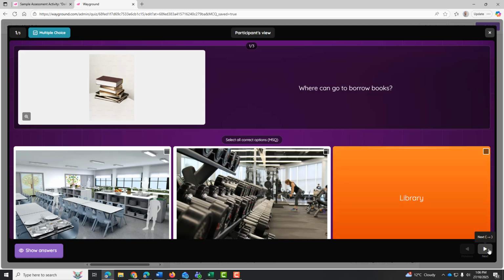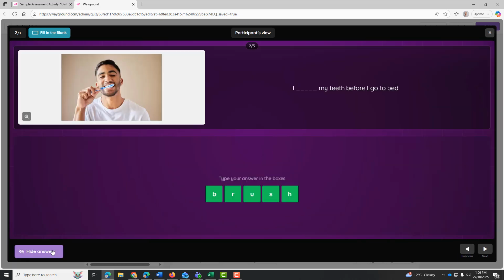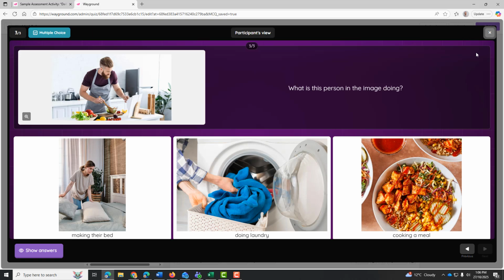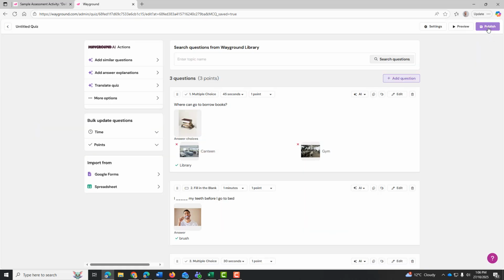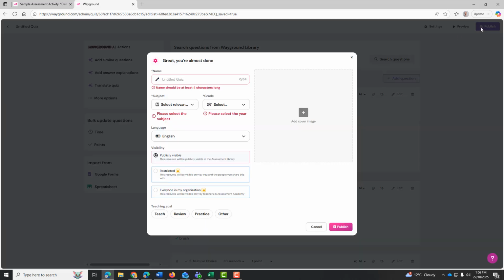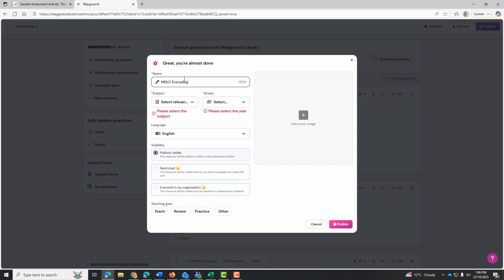Then if I go publish, actually if I preview the quiz, I can see the different things. I can also show the answers. Yep. Okay, so it's looking pretty good. And then once I click publish, I can call it MDLC Everyday